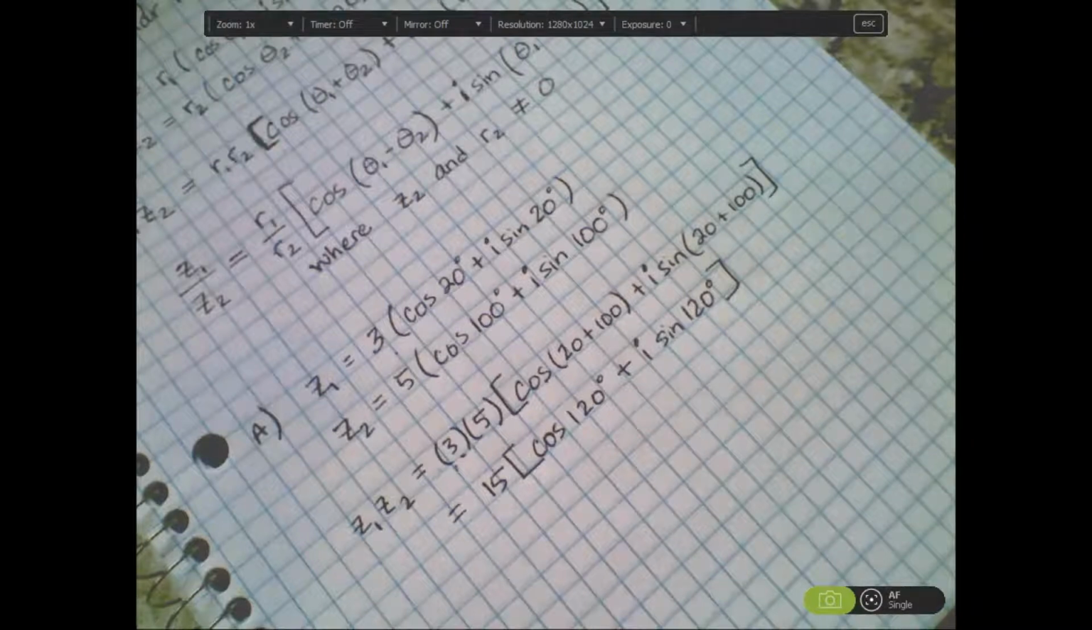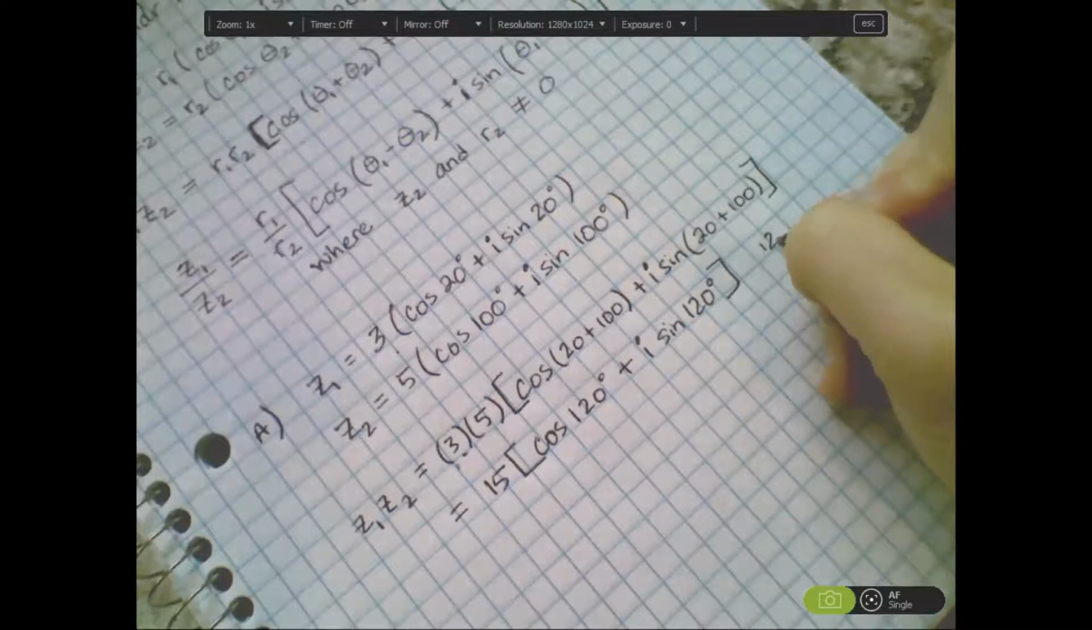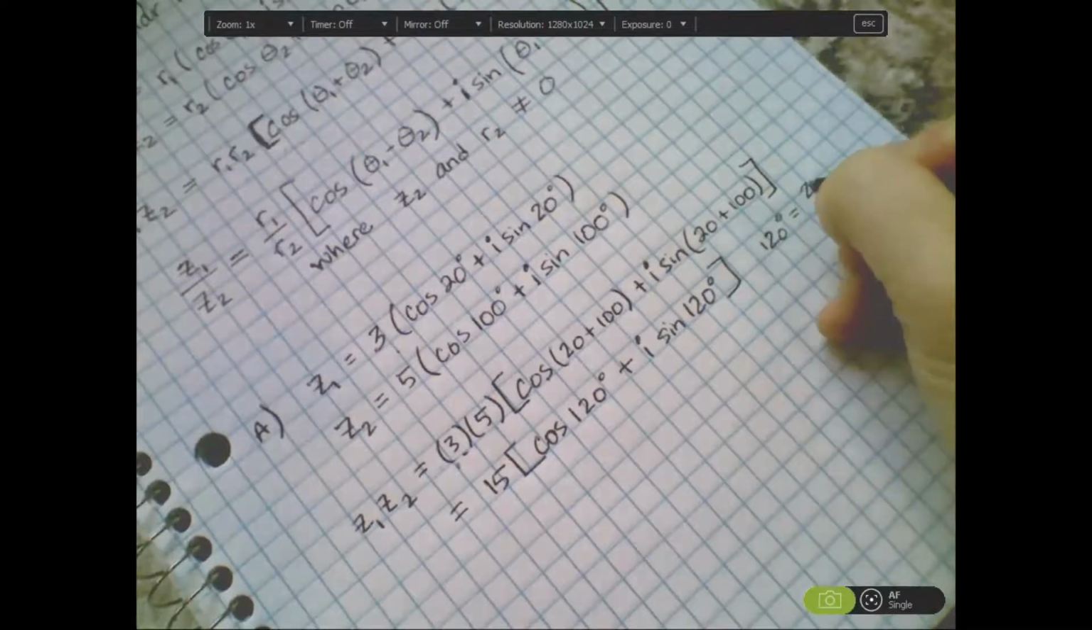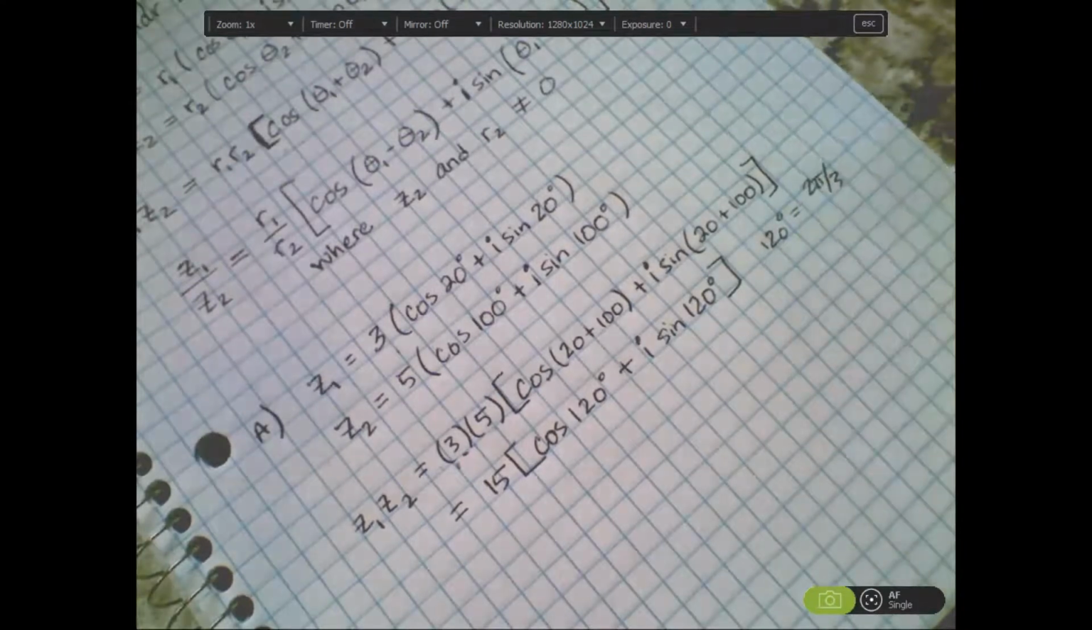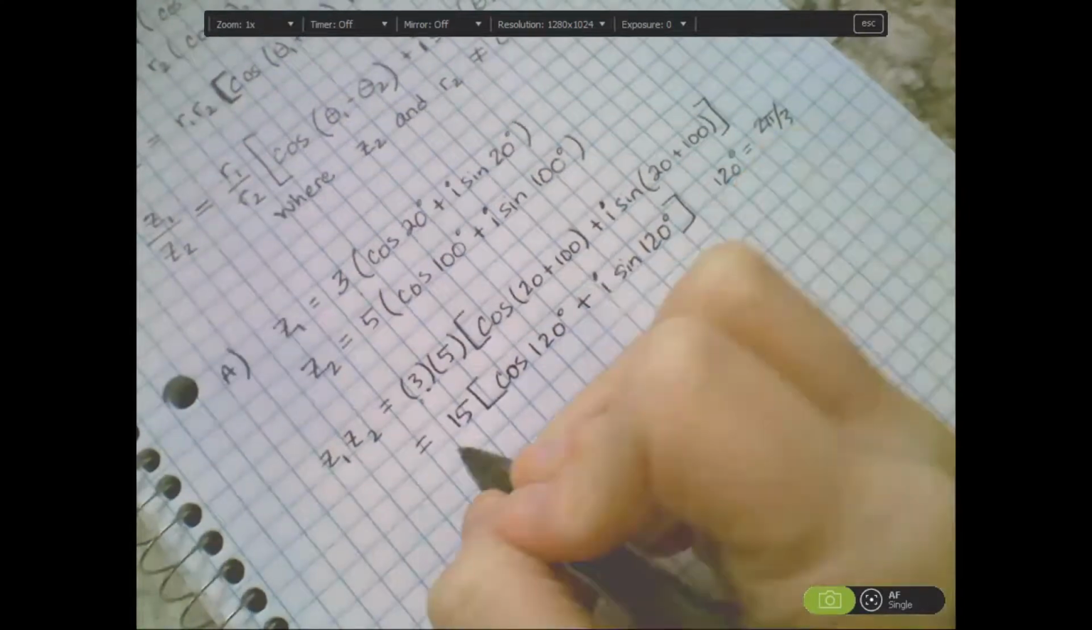So then we have to think about how to evaluate that, because we want to leave our answer in the regular complex form. So we have to think about the cosine of 120 and the sine of 120. So 120 degrees, that's like 2 pi over 3. So this is going to be